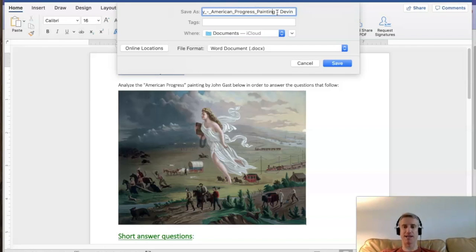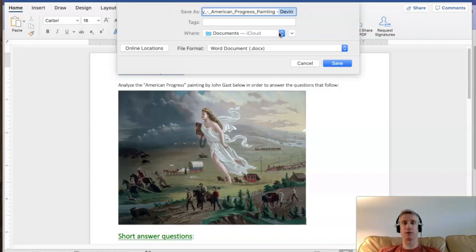And what that does is it protects you from turning in what you thought was a completed document, but it's actually the original download and there are no answers in there. Sometimes that happens where you have multiple copies and the one that I get turned in from you doesn't have the answers because you typed in the answers on another copy. So if you change the file name a little bit, that lets you know when you're turning it in which one to find.